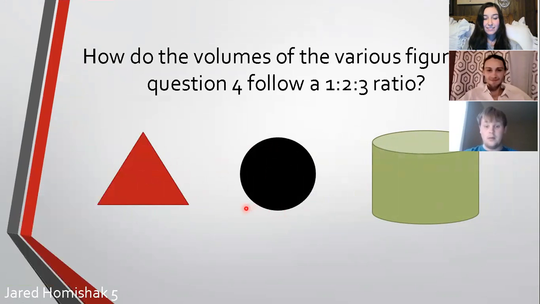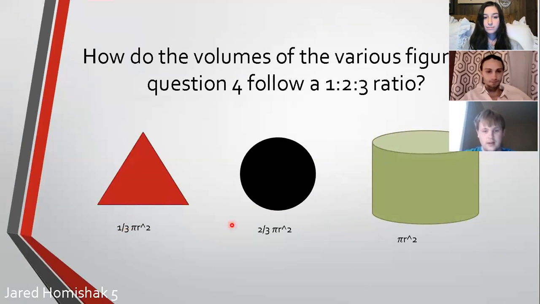Now remember, we calculated the formulas for the three figures to be 1/3 pi radius squared, 2/3 pi radius squared, and pi radius squared. So as a result, look at the formulas. 1/3 for the cone, 2/3 for the sphere, and 3/3, or just pi, 1 pi, for your cylinder. Because those ratios go up by 1/3, it follows a 1-to-3 ratio, and we were able to prove that by